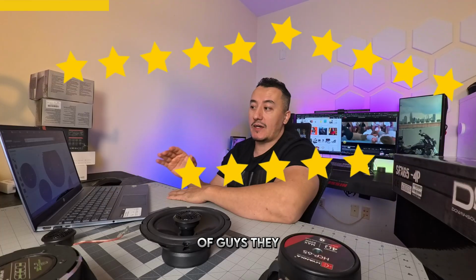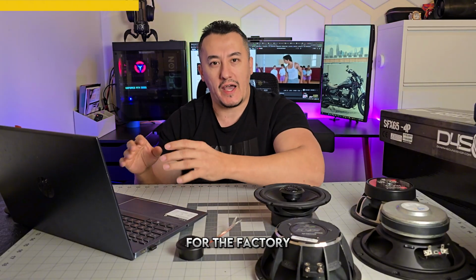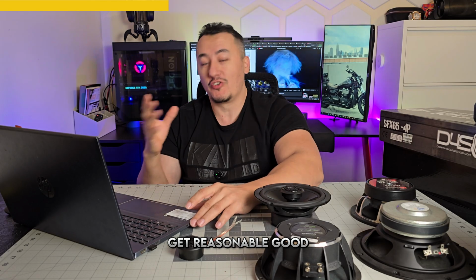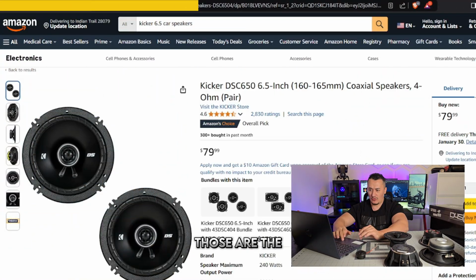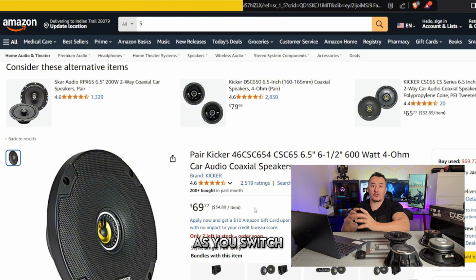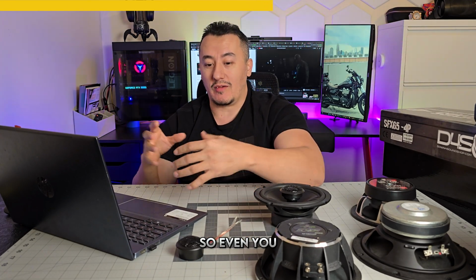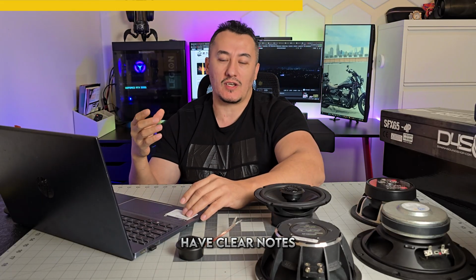That's the reason these Kickers sell best and get so many reviews. A lot of guys don't use amplifiers. So when they use these kinds of speakers, they just install them in the factory Toyota base model, swapping out the garbage speakers, and they get reasonably good sound performance. You can choose either one. Both are Kicker speakers. They sound similar, very close, with bright tweeters and decent bass handling. And these speakers don't need a lot of power. It means the sensitivity is a lot higher, right? So even if you're giving it garbage sound, these speakers will amplify those sounds, and you're going to have clear notes,